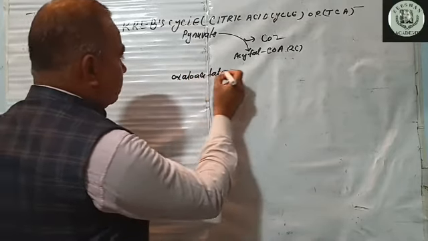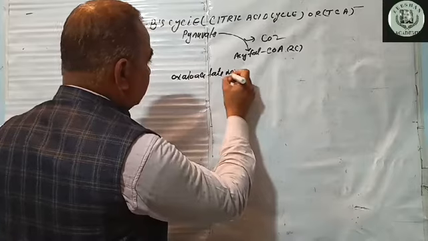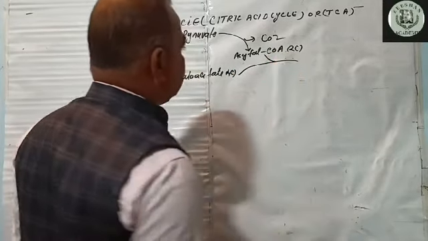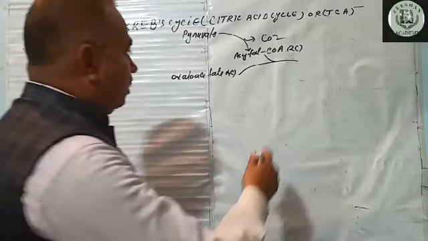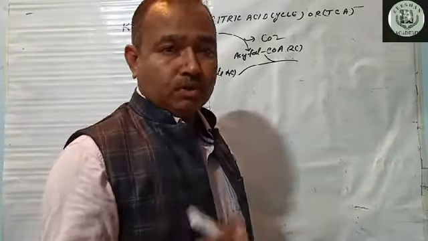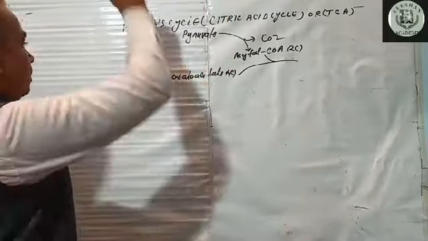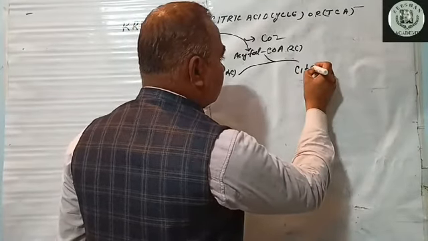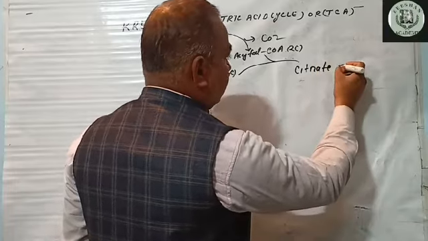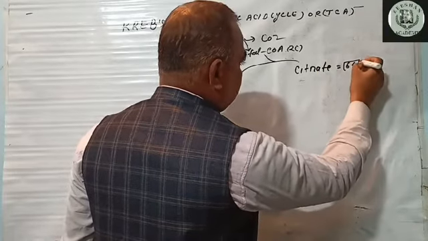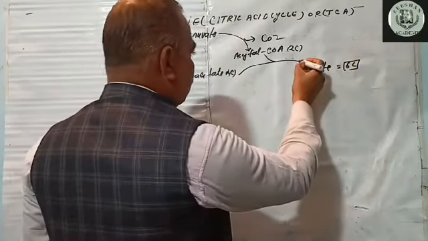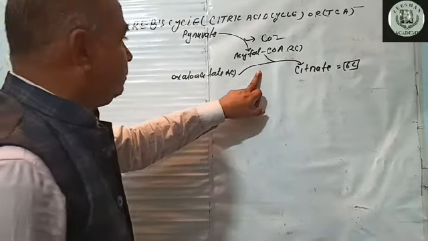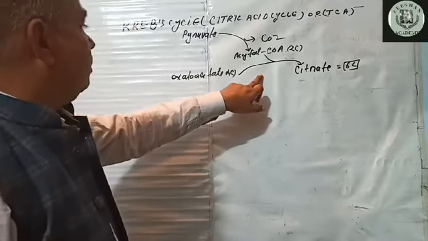oxaloacetate, a 4-carbon molecule. It reacts with acetyl CoA to form the first product of the tricarboxylic acid cycle. This is called citrate, a 6-carbon molecule. Overall, the process is catalyzed by an enzyme,